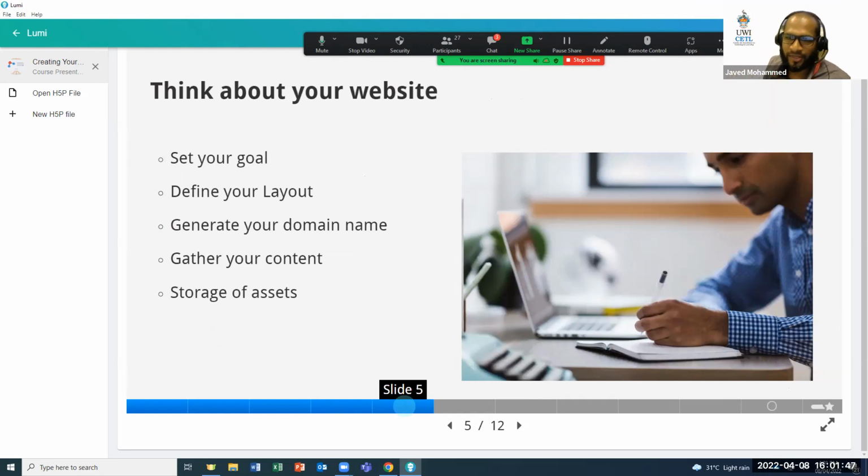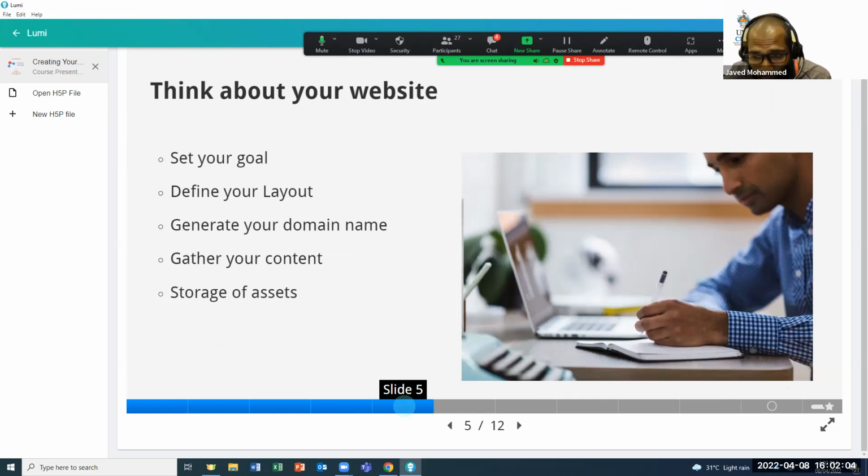So think about your website, set your goal. In this case, we are going to create an ePortfolio. So we have established that. Define your layout, take some time and define your layout. Generate a domain name. Just take a minute or two and think about your domain name.